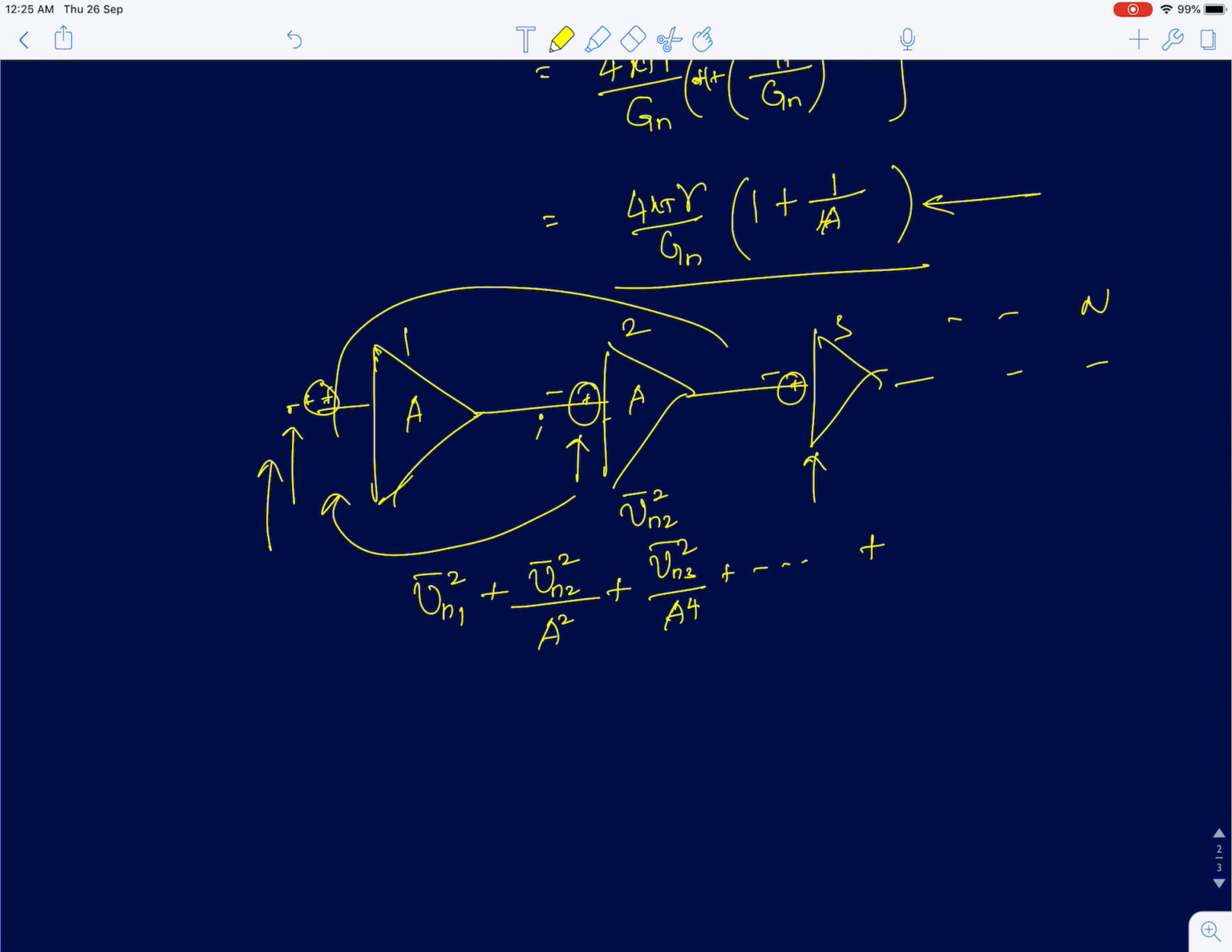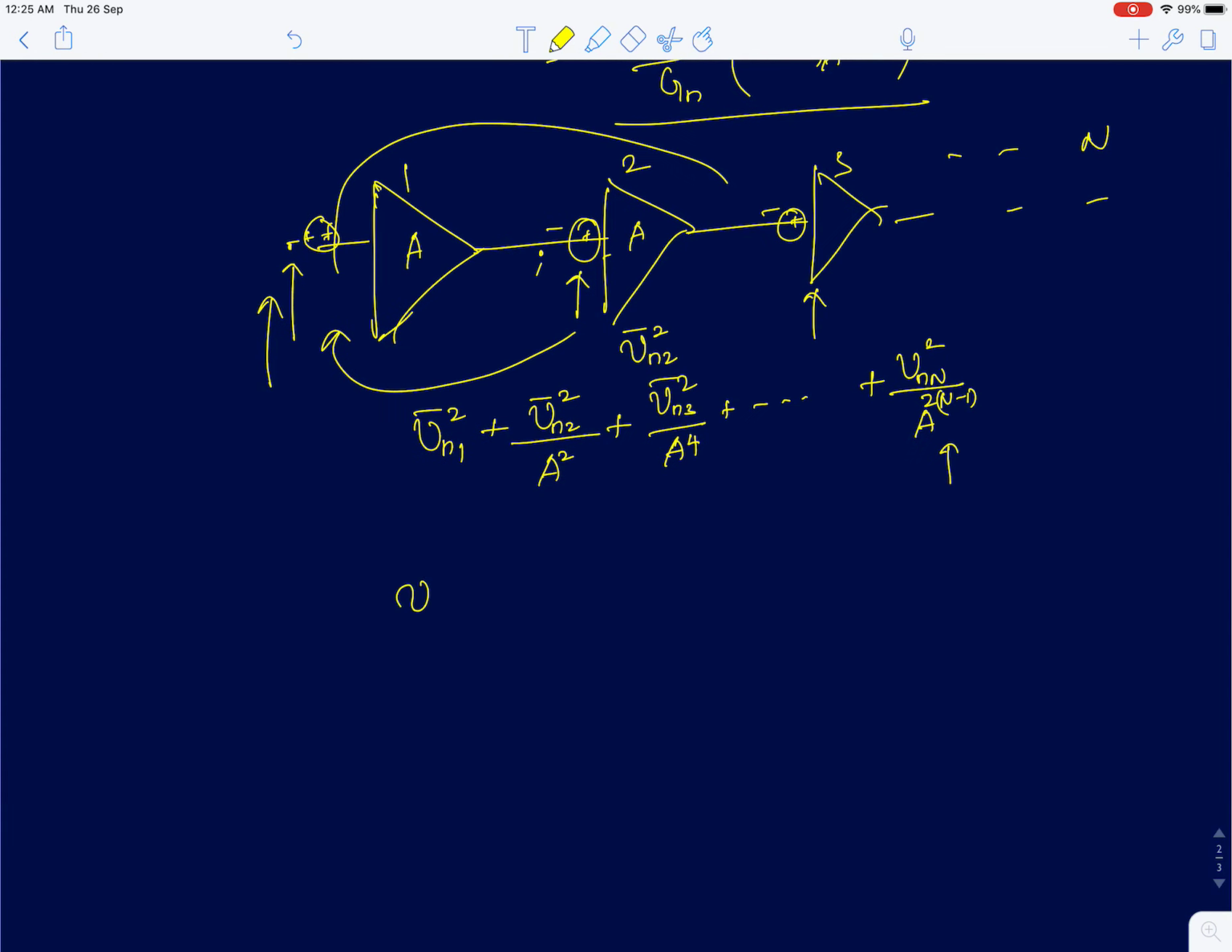Okay. So eventually it will be Vnn square divided by A power 2 into n minus 1. So if I substitute n as 3, I'll be getting 4. So 2 into 2n minus 2, or 2 into n minus 1. So this result, if I take,